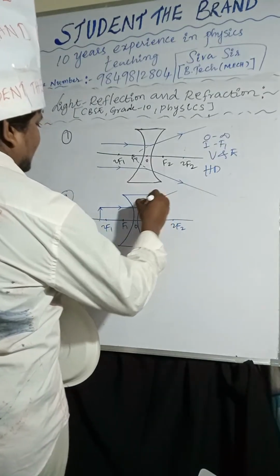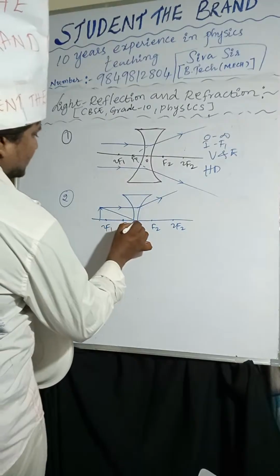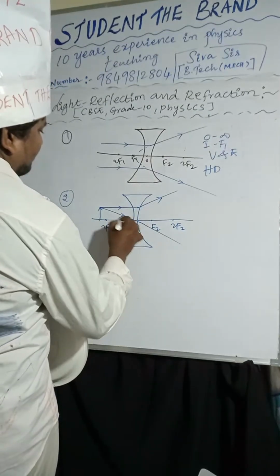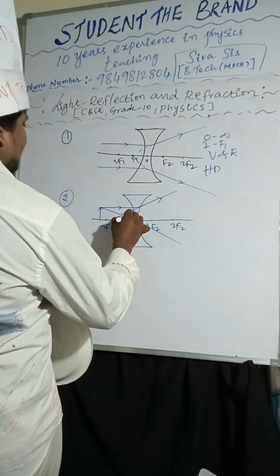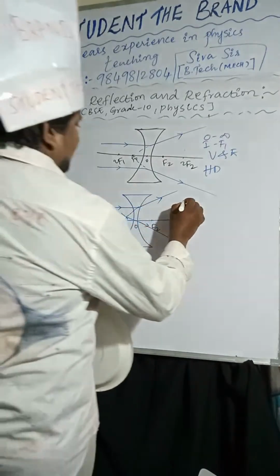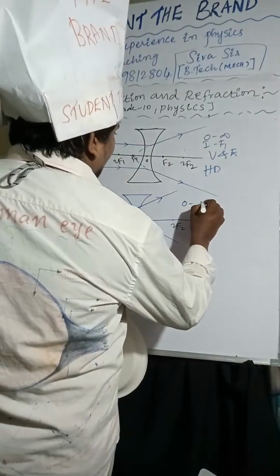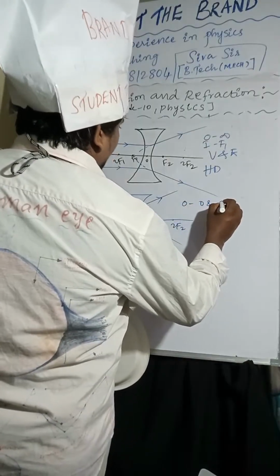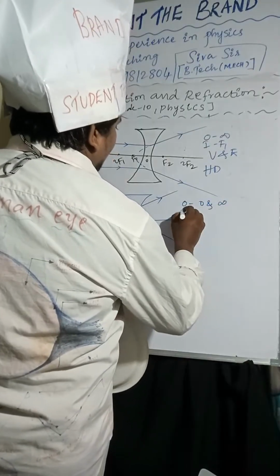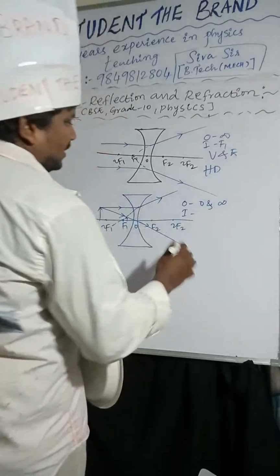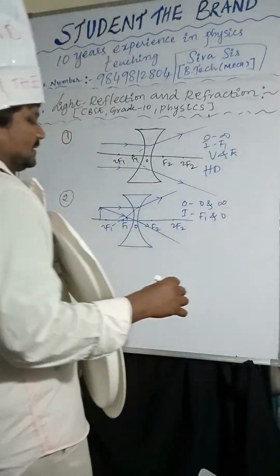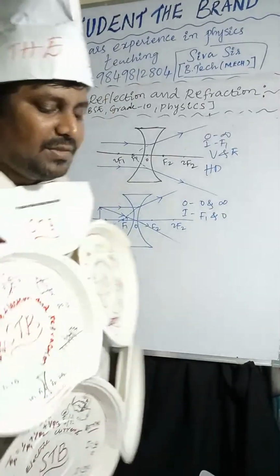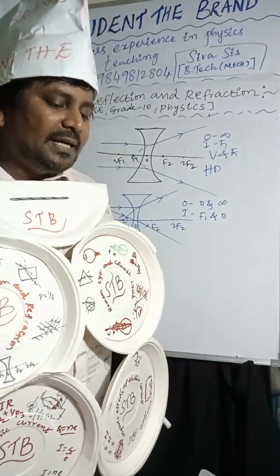One more light ray passes through the optic center. If you extend these light rays, the image will form between F1 and O. The nature of the image is virtual, erect,